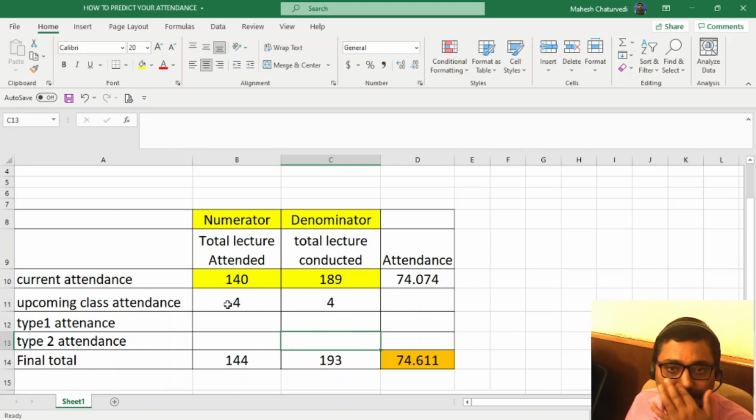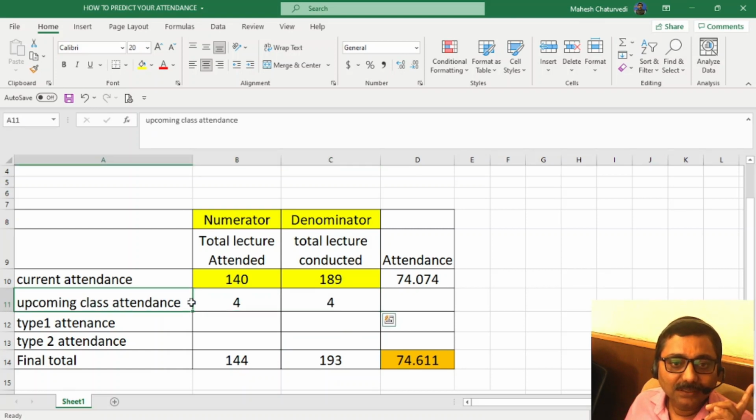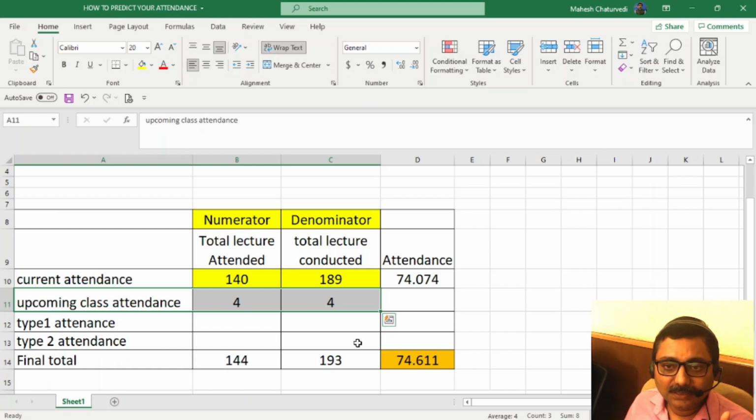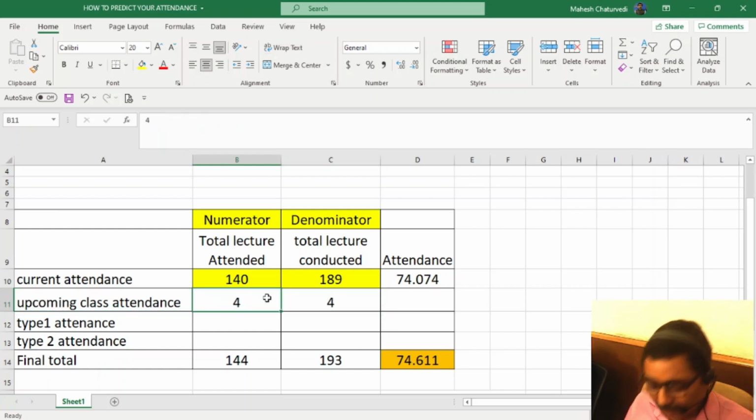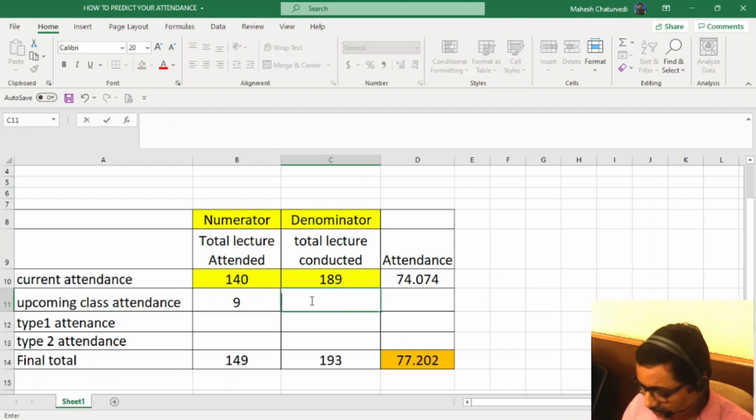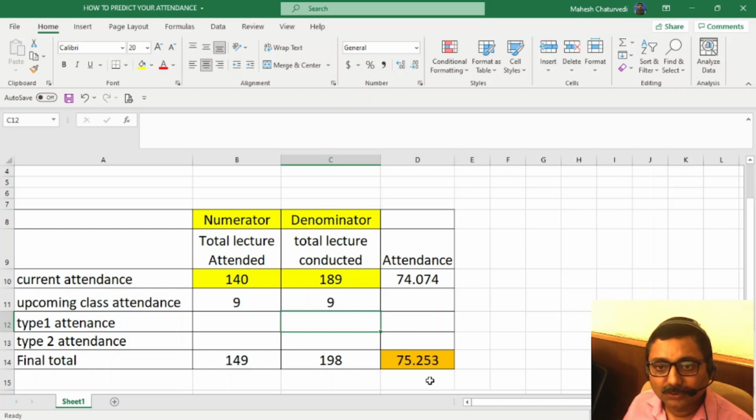Whenever you add upcoming class attendance, you add in the numerator and denominator both at the same time. So it is 74.6, so add more. Here 9 lectures, here also 9 lectures. Now you are at 75.